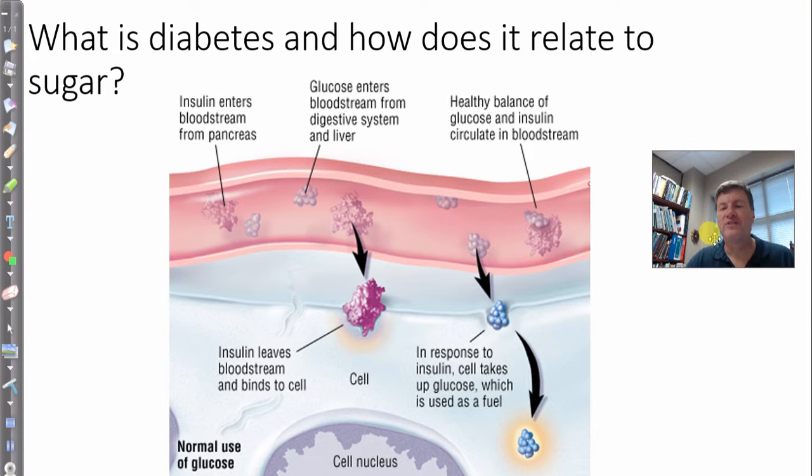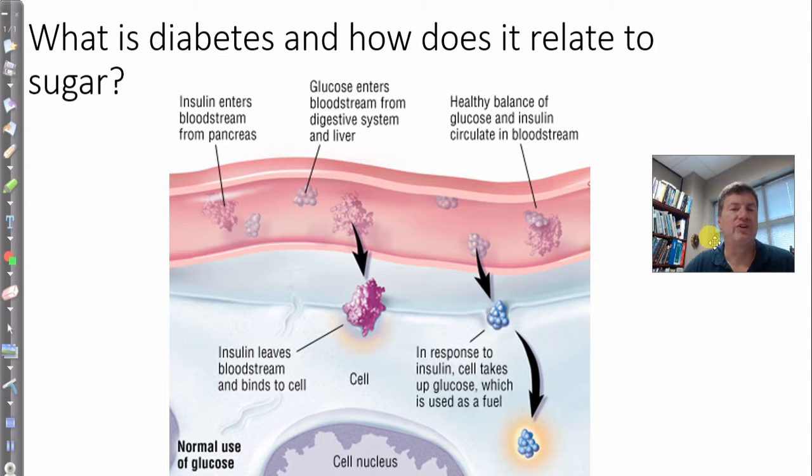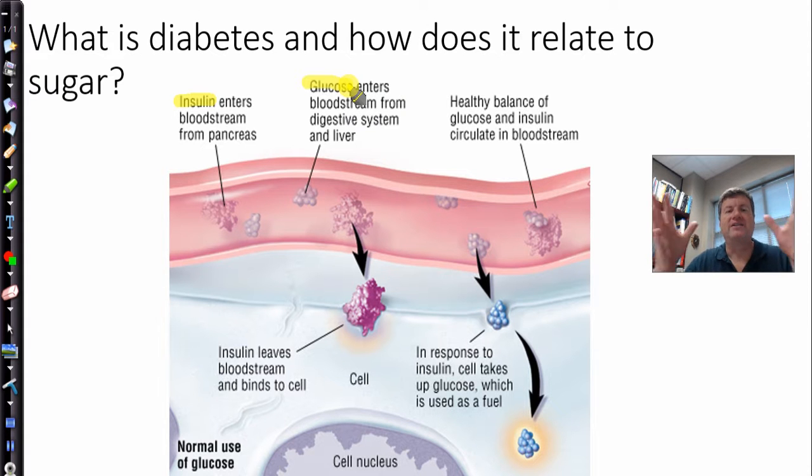And finally, I want to just mention this topic because it relates to sugar and relates to carbohydrates. What is diabetes, and how does it relate to sugar here? Well, this is insulin. Insulin is produced by the pancreas if you have the right genes to produce it. Here is glucose. So let's say you had a milkshake, let's say you had some French fries, whatever you did, and your body breaks down the big polysaccharides and the simple sugars, and eventually you have glucose